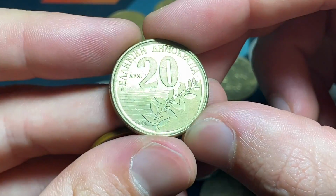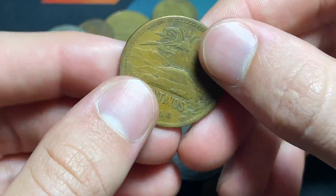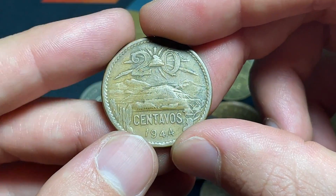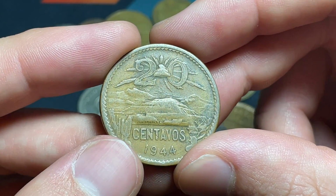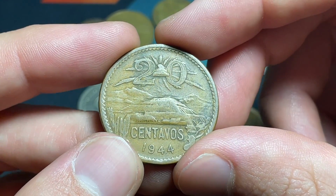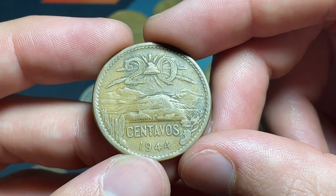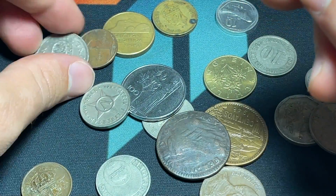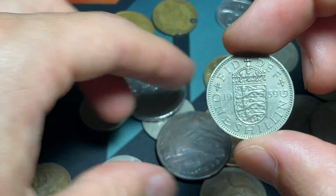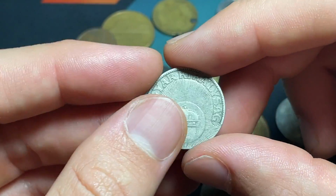We've got 20 drachma 1994, and then we'll follow that up with a Mexico. This is a gorgeous coin when they're uncirculated. It's still got a really cool design. You can see the big pyramid, or not pyramid, but well, basically pyramid. 1944 monument. Interesting. We've got, looks like a little bit more of a shilling, so 1/20th of a pound, and then